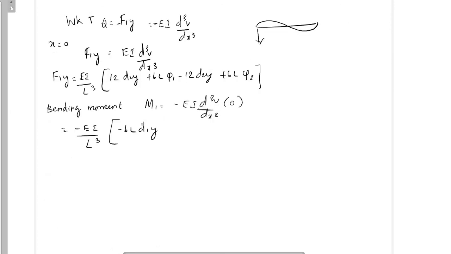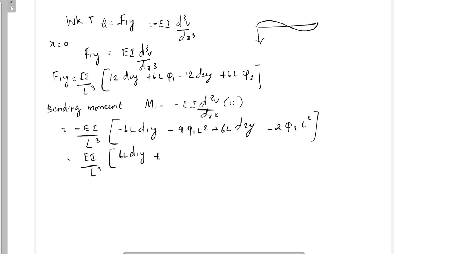So minus 6L d1y minus 4 phi 1 L square plus 6L d2y minus 2 phi 2 L square. If you multiply the minus inside, it is EI by L cube, 6L d1y plus 4 phi 1 L square minus 6L d2y plus 2 phi 2 L square. So you remember this equation also for M1, F1y and M1. The next is M2, nodal force